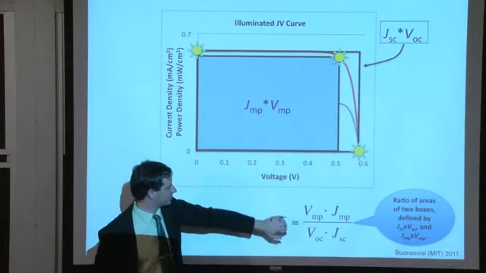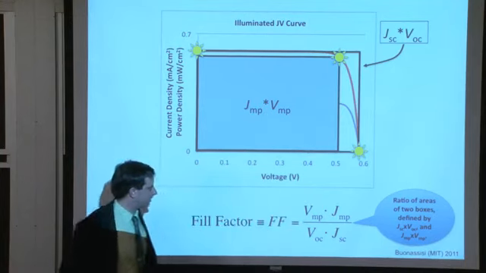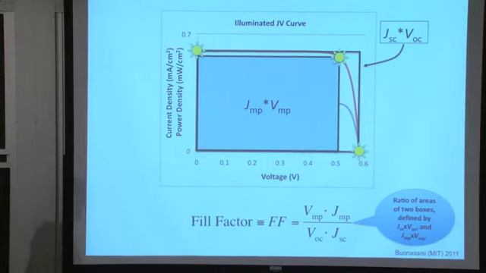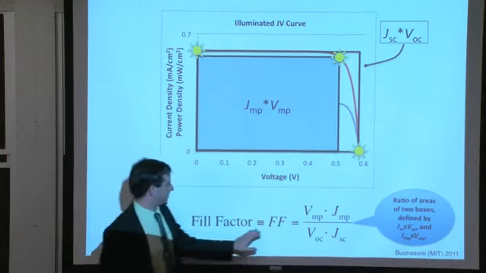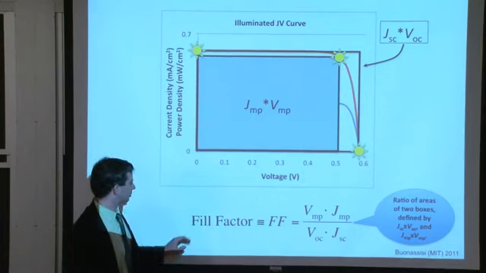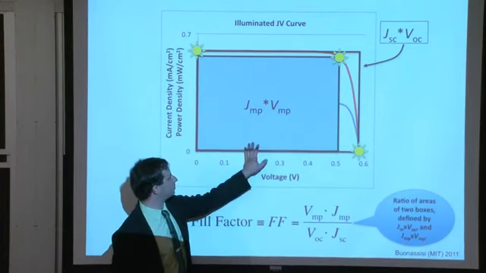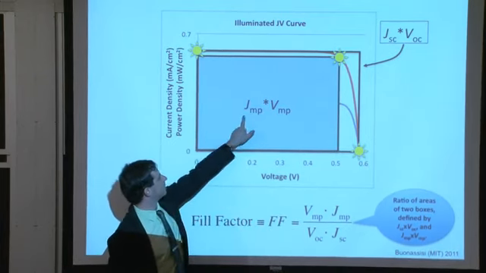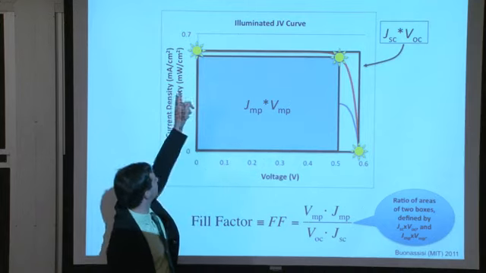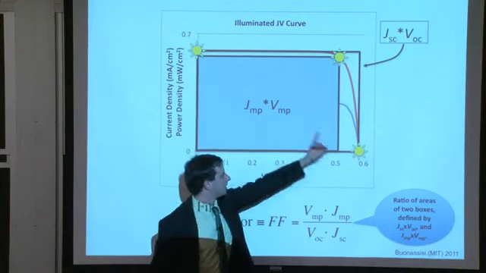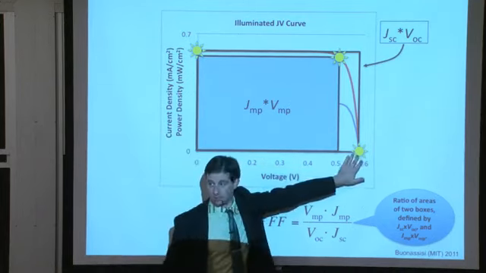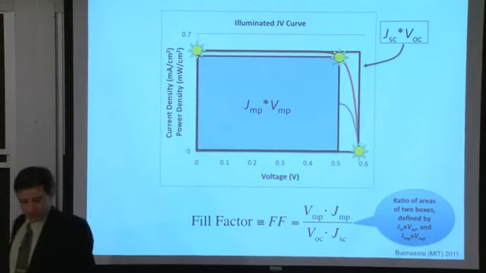ratio of those two boxes. The VMP times JMP divided by the VOC JSC. If this is 1, which is virtually impossible to do, but if this were 1, it would mean that these two boxes were the same size, and the current and voltage at the maximum power points would be the current and voltage under short circuit and open circuit conditions, respectively. In real life,